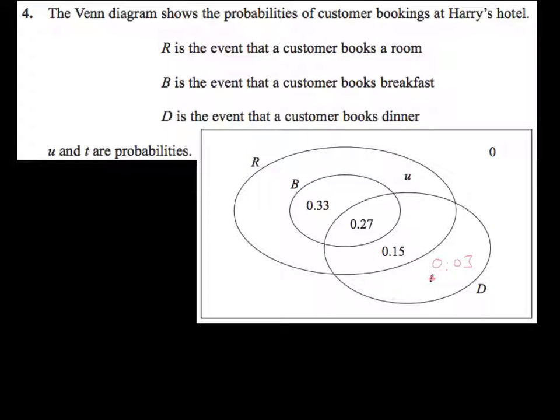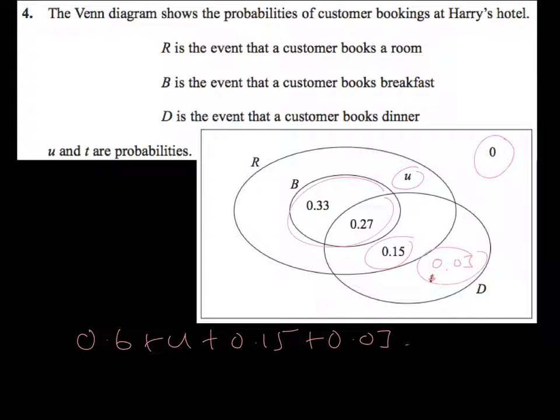We're then told to use our answer to T of 0.03 to find U. Now, we need to recognise here that there is nothing outside of these two sets. Therefore, all these probabilities must add up together. So in here, that's going to be 0.6 plus U plus 0.15 here plus 0.03 must equal 1. So all we need to do to find U is just to solve for that, which is going to give us a value for U of